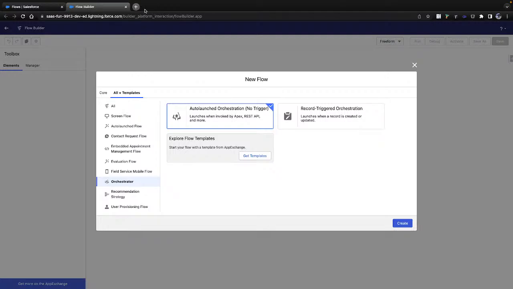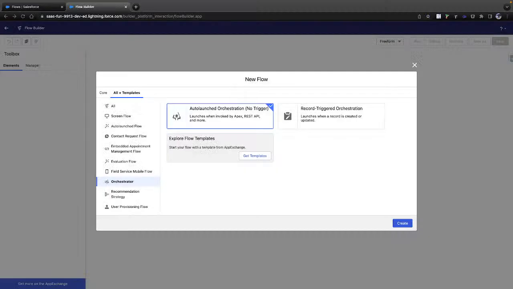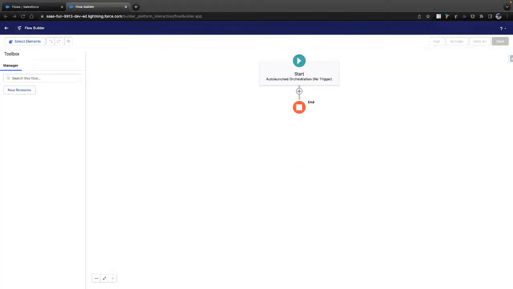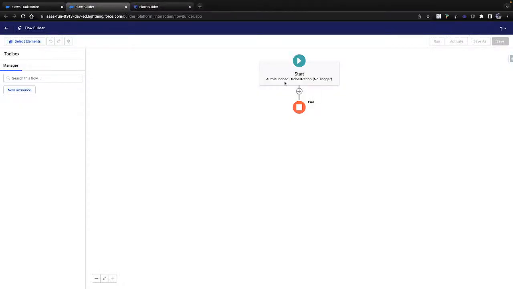Let me create it quickly. There are multiple things here. Let me duplicate this tab and keep one.